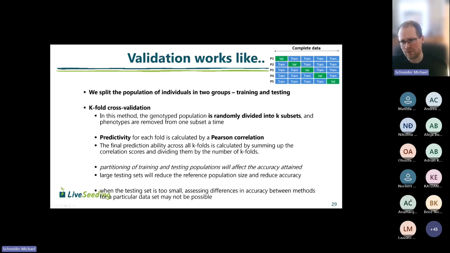And you usually don't do this one time only, but you do this multiple times, so that every part of your training data is once also validation data. And this is quite important to assess the accuracy of our model, not only in this small subset, but across a bigger set, because